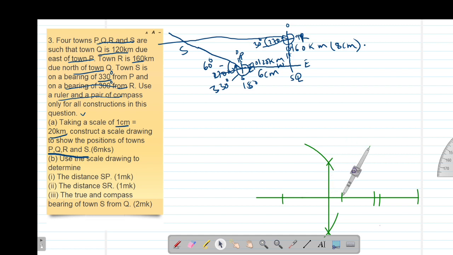Then I make an arc. You just increase the length a little bit. So I want to make an arc on the upper side and also the lower side of this particular point. So I make an arc on the upper side and also the lower side this way. Then after that, I simply transfer